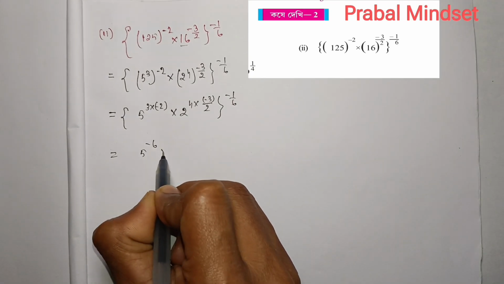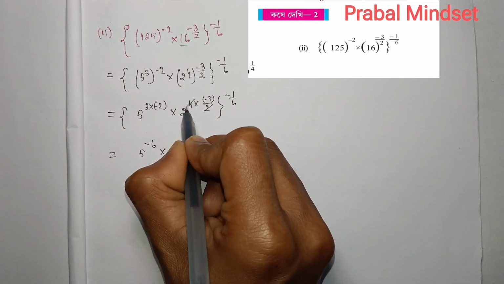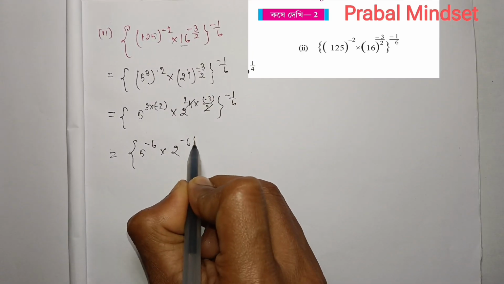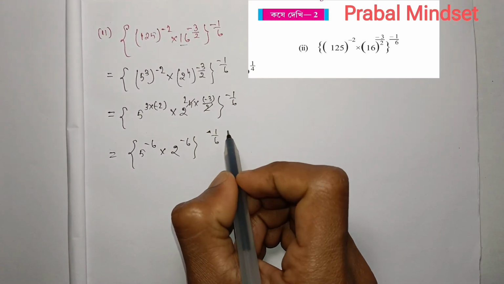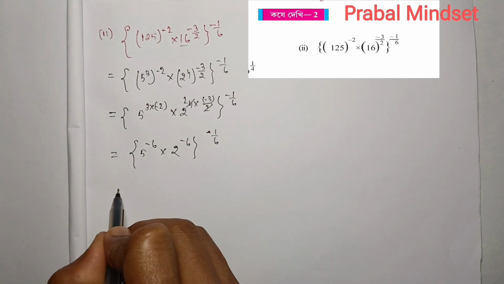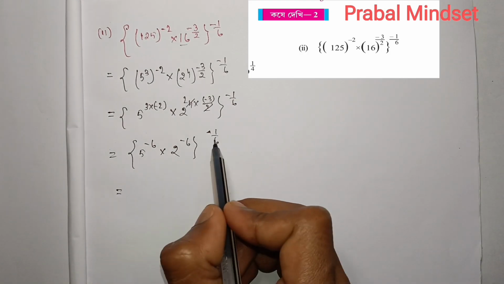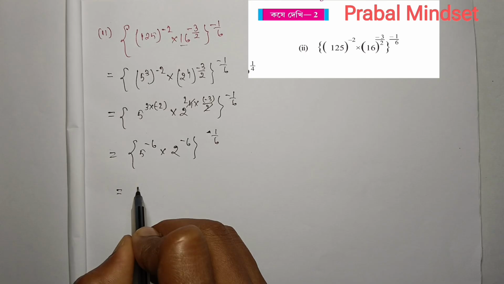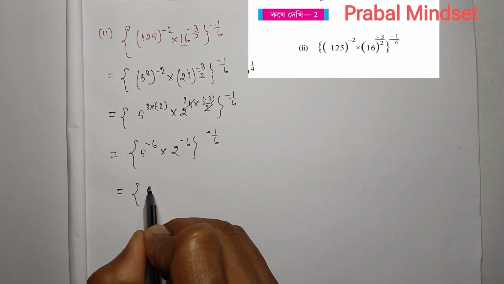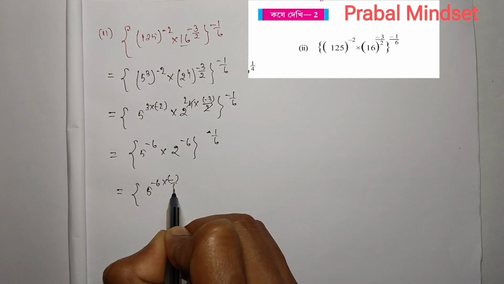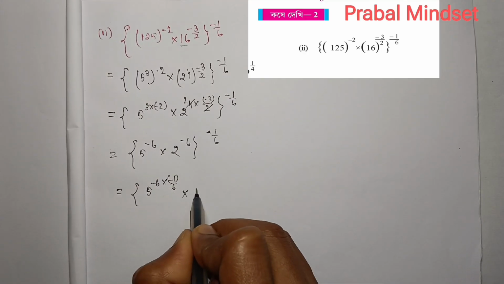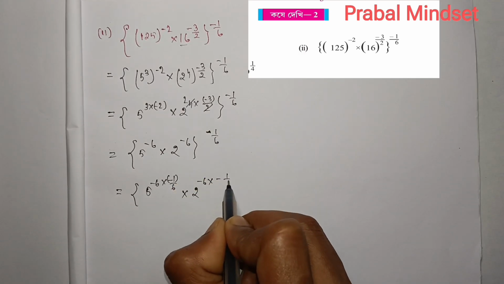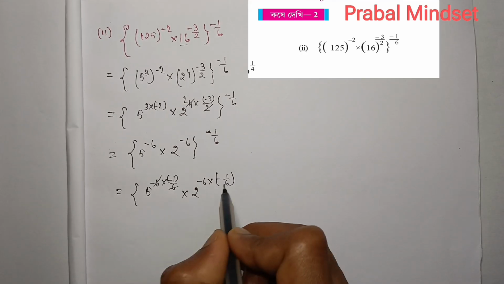5 minus 6 to 2 কাটবে এখানে to the power minus 6 তার whole to the power minus 1/6। এরপর পাওয়ারের মাল্টিপ্লিকেশন, এটা দিয়ে এটা এখানে, এটা দিয়ে এখানে। 5 minus 6 into minus 1/6 into 2 to the power minus 6 into minus 1/6, 6 cancel।